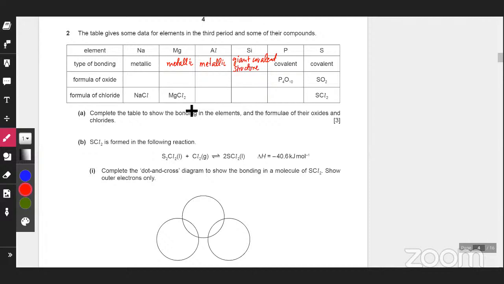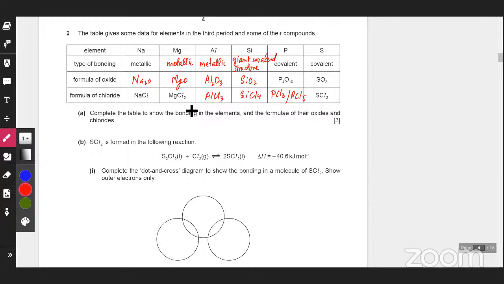The formula of the oxide, sodium is +1, O is -2, so it's Na2O, MgO. Aluminum oxide, Al is +3, O is -2, so that's Al2O3. And SiO2 is the giant covalent structure. And the formula of the chlorides, it's going to be AlCl3. This is SiCl4. Phosphorus has 2 chlorides. One is PCl3, and it could also have